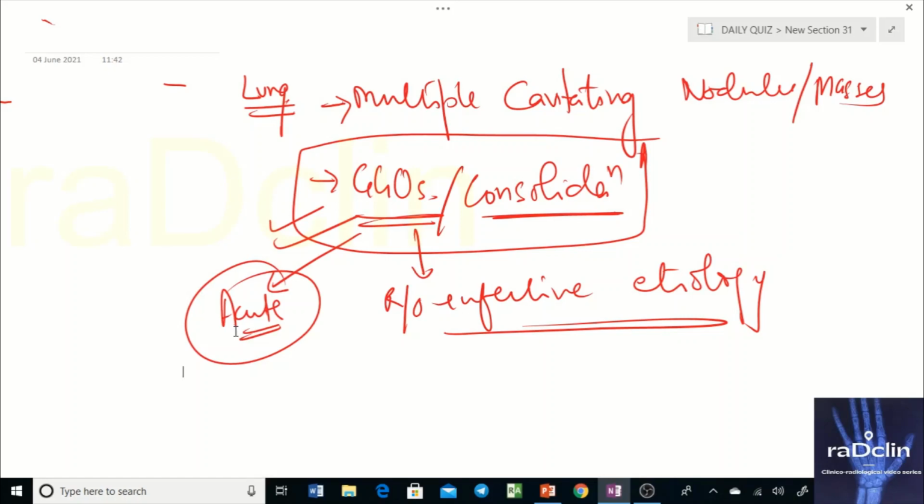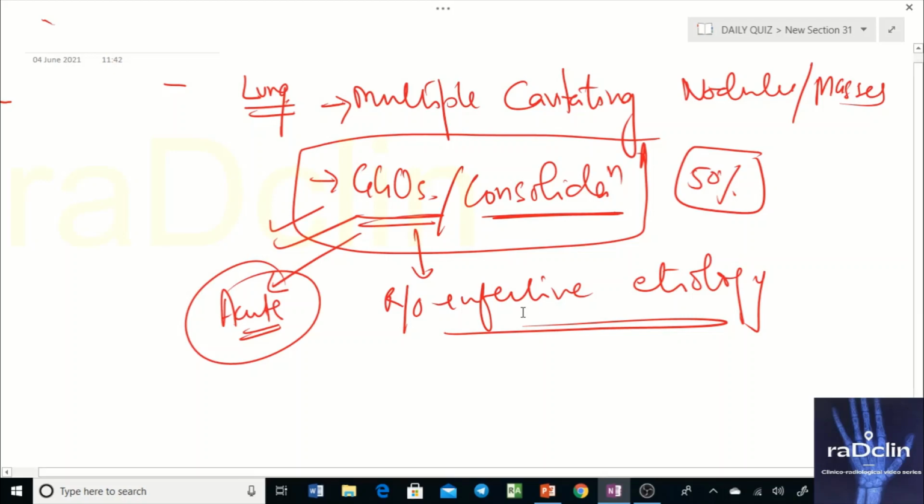But obviously the bacterial etiology is kept first in the order of priorities, and this pattern is seen in 50% of the cases. So remembering this pattern is important, because Wegener's can present like this. Another disease that presents like this, typically with patchy areas of consolidation in the periphery and subpleural areas, is organizing pneumonia, or COP, cryptogenic organizing pneumonia. In this pattern also, the findings are typically like those of bacterial pneumonia.